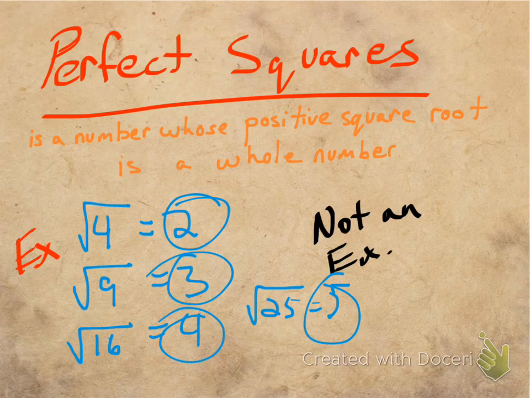Now here's the other side of that, which is not an example. Not an example would be something that would give you a decimal in return. So something that would be in between